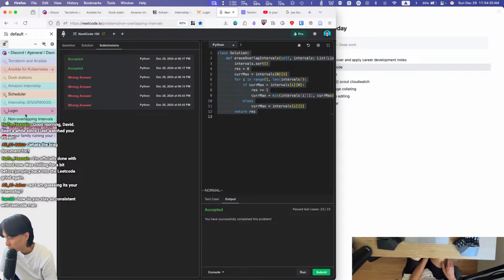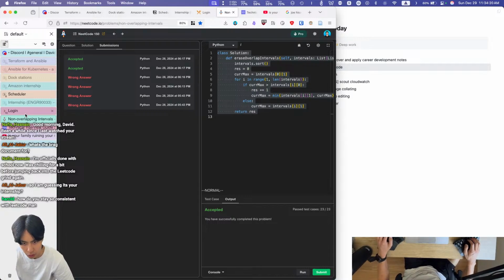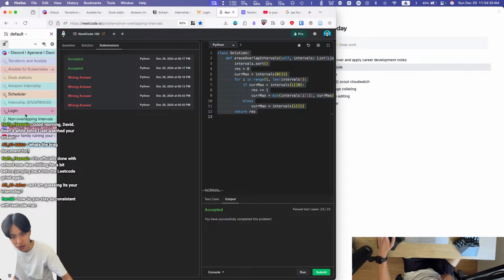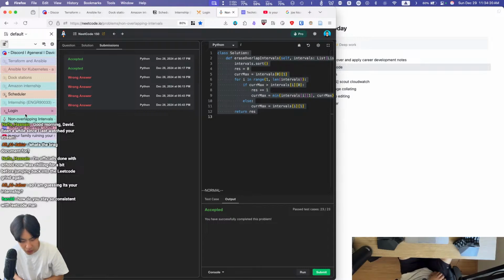So instead of returning true or false, you now count how many conflicts there are. Could this be done in a dynamic programming way as well? Could this be done in a greedy way? If you're doing this in a greedy way, you sort everything first. My thinking is you would always sort regardless, and then after the sorting,